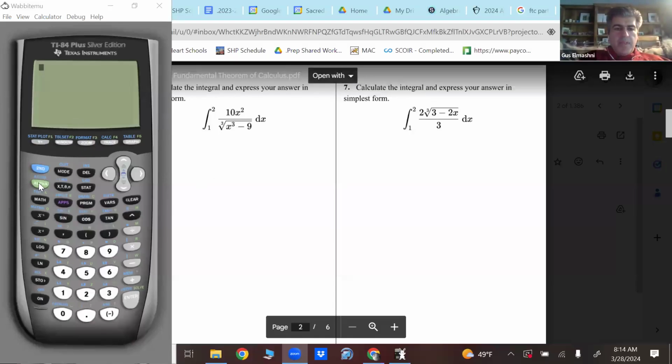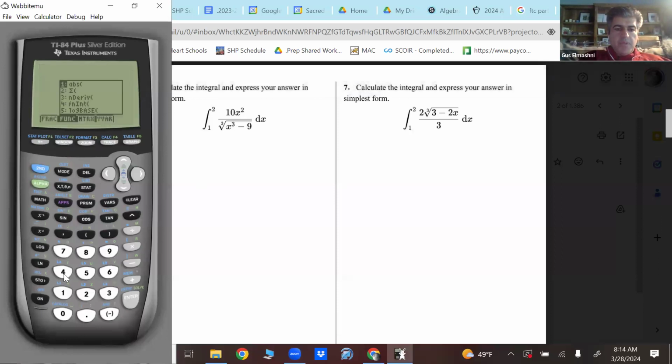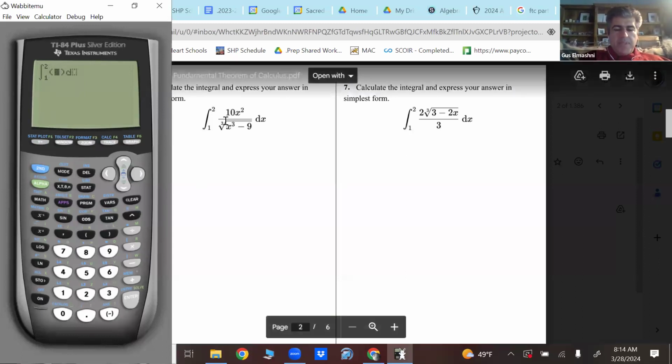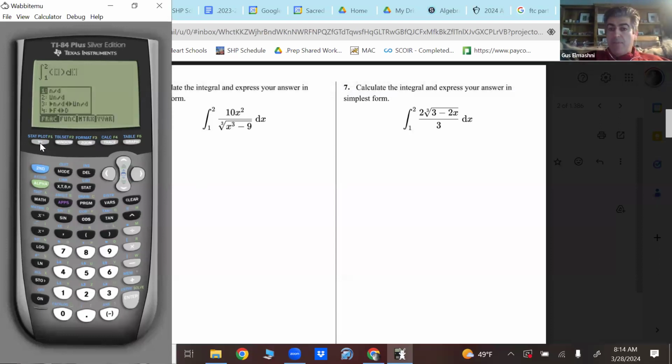So what you do is hit alpha window, option 4, put in your limits of integration, and just keep hitting the right key to move on to the next part. And then you could type this in with a bunch of parentheses, but maybe easier to do the fraction mode. So you hit alpha y equals, select option 1,